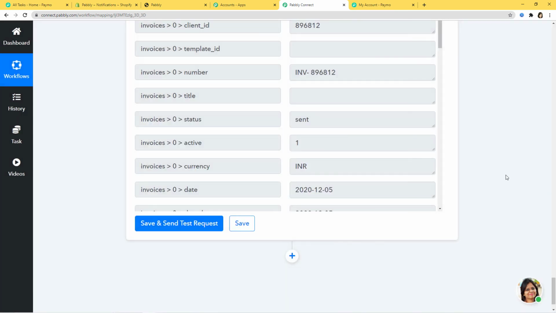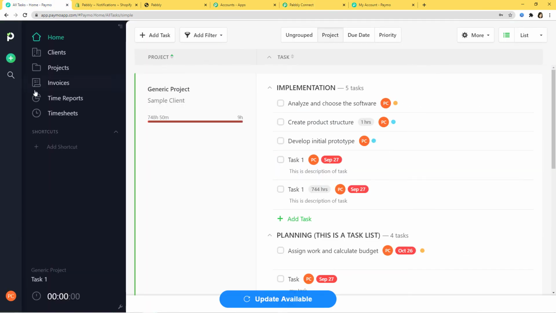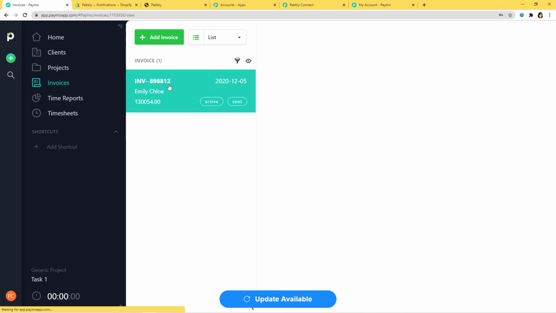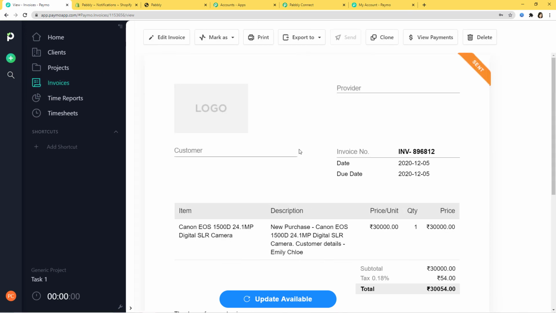Okay, so now let's go to Paymo and see if a new invoice has been made there or not. So I'll go to my Paymo account and here you can see invoices. So you can see we have an invoice over here. I'll just click on it. So you can see we have the date, due date, the item name, the description is here, the price, tax, everything is over here. So we have successfully created a new invoice here in Paymo when an order was created